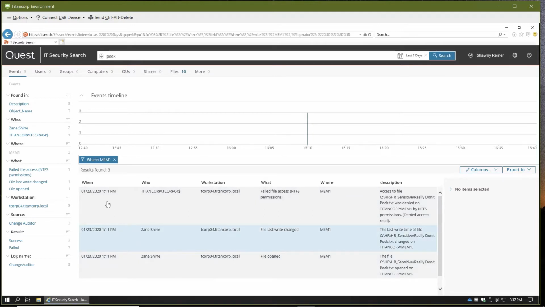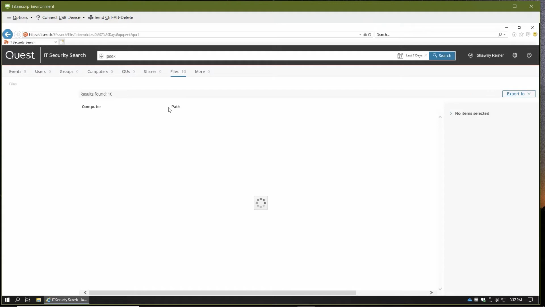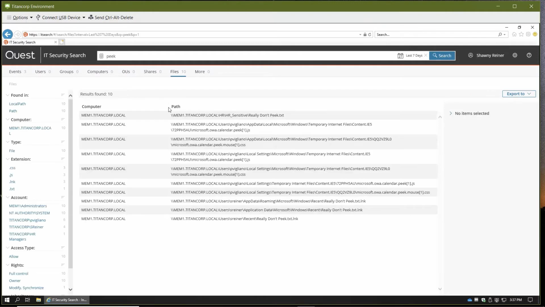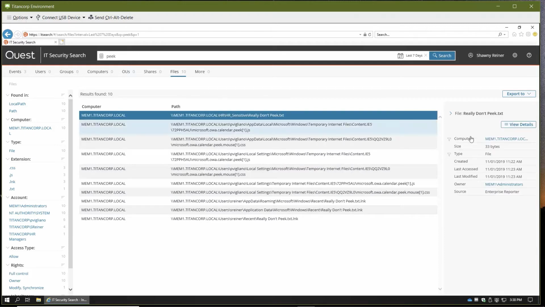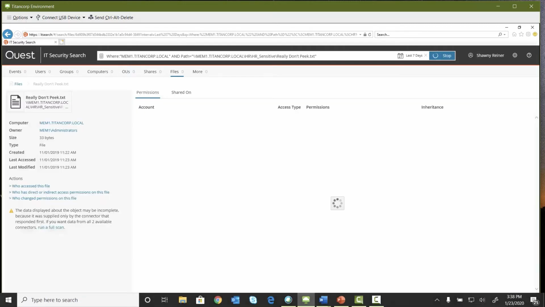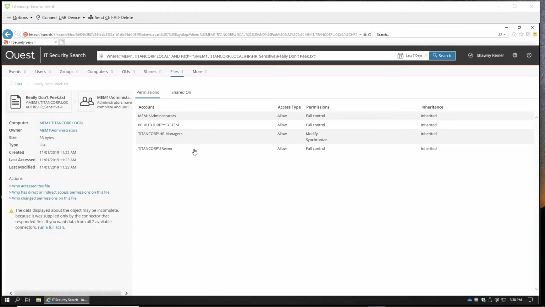To begin that, I'm going to use some of the information organized in the tabs up here, specifically under Files, and this information is provided by Enterprise Reporter. Typically, it displays the information with the most pertinent information at the top, but if it doesn't, you have other filters you can do to reduce this list if it's a really large list. But I can see here this is the file I'm interested in, it's the folder, it's the file name, so I select it and view its details because I'm interested in who has access.